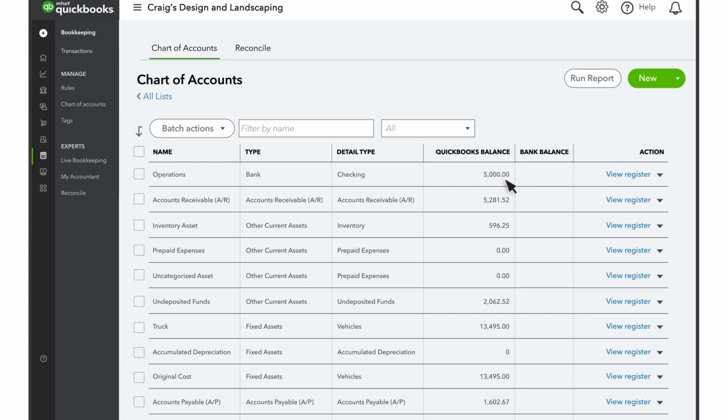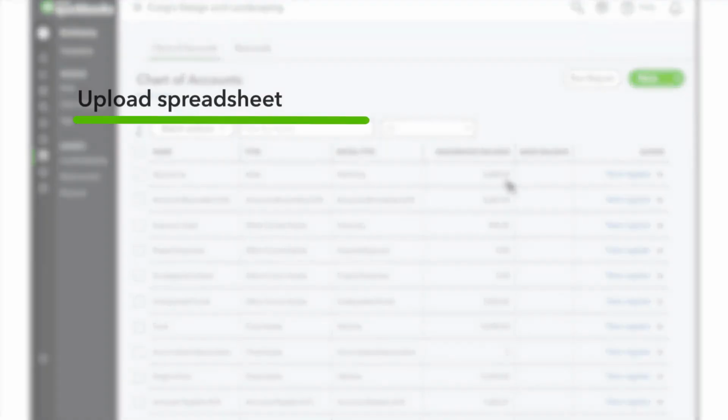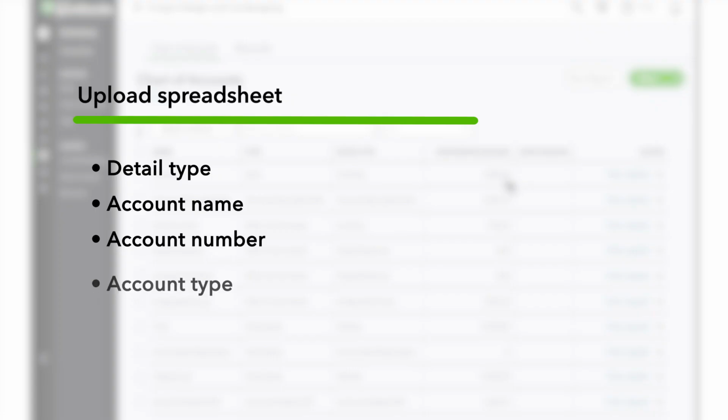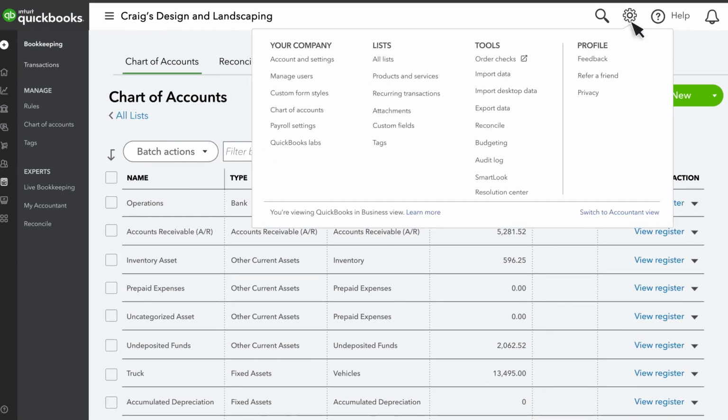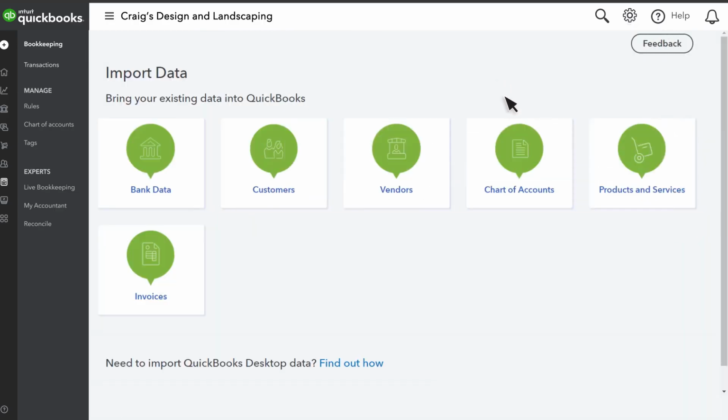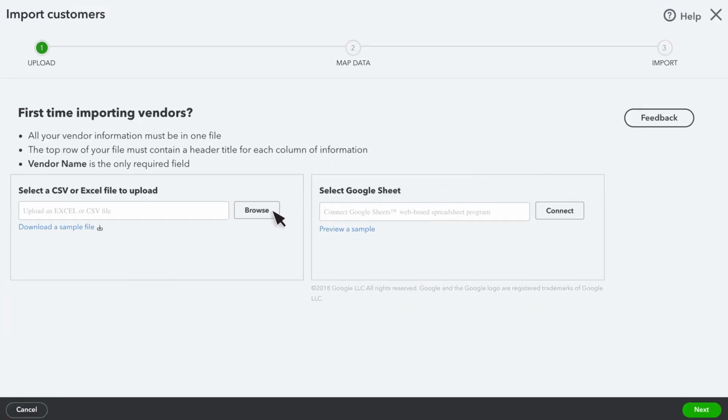If you have several accounts to add, you can speed up the process by uploading a spreadsheet with the detail type, account name, account number, and account type of each account. To do that, select Settings, Import Data. Then select Chart of Accounts. Attach the spreadsheet